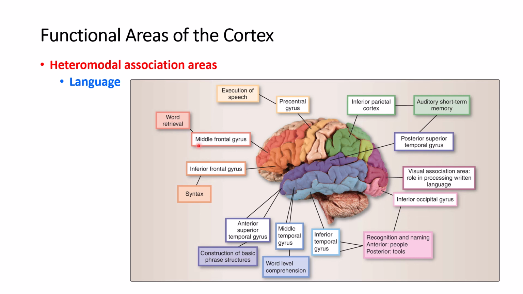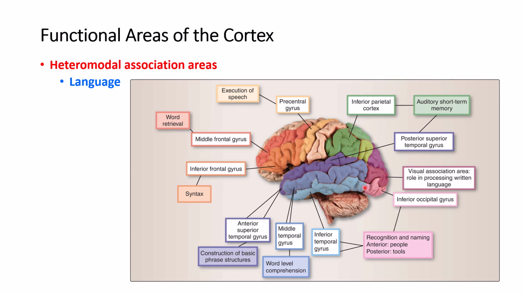The middle frontal gyrus is responsible for retrieval of the word. The inferior frontal gyrus is responsible for syntax. And the temporal lobe, different parts have different functions. The anterior part of the superior temporal gyrus is responsible for construction of some phrases. The middle temporal gyrus is responsible for comprehension of words, and the inferior temporal gyrus together with the inferior occipital gyrus is responsible for recognition of the